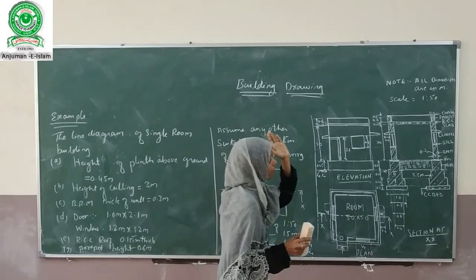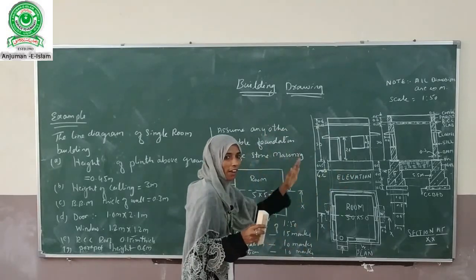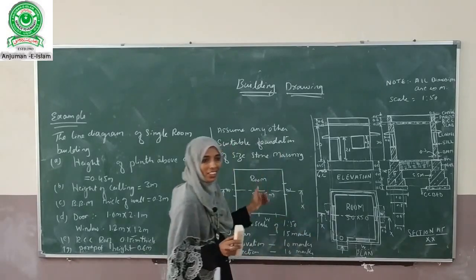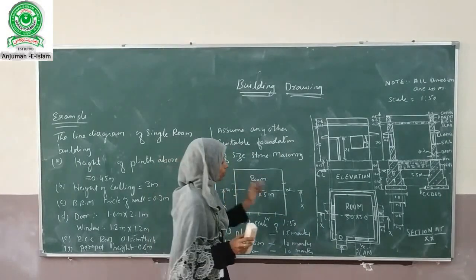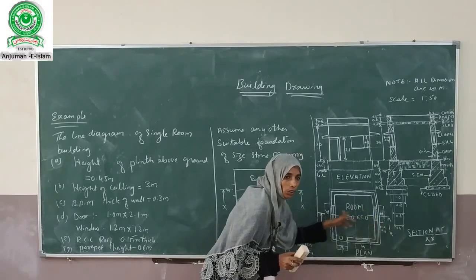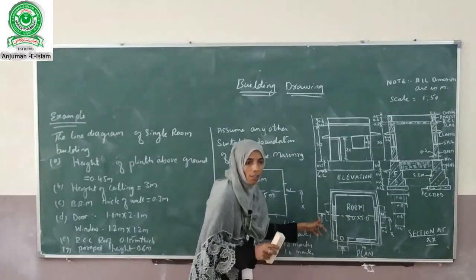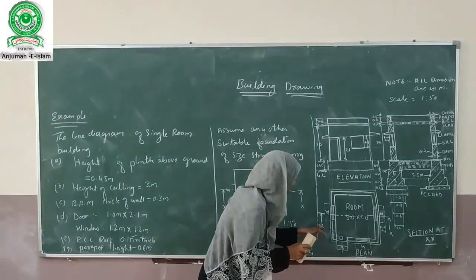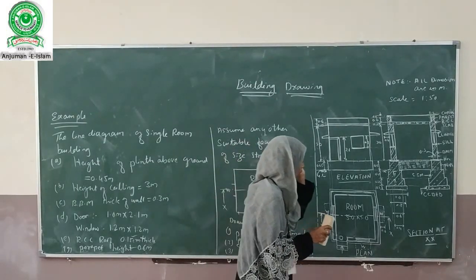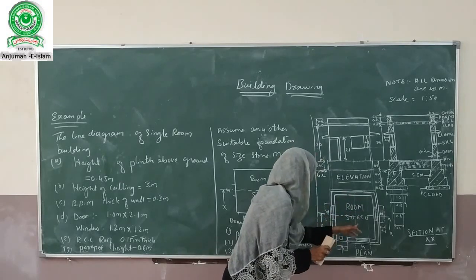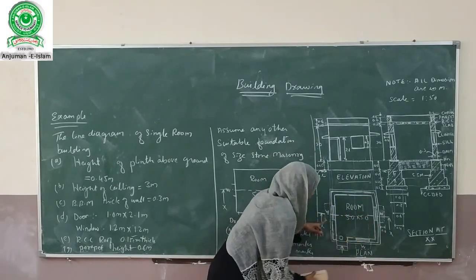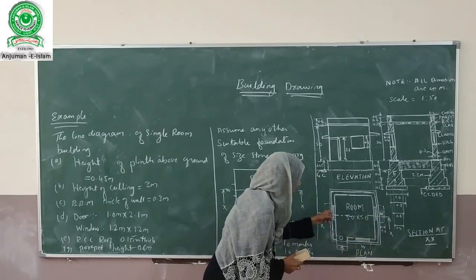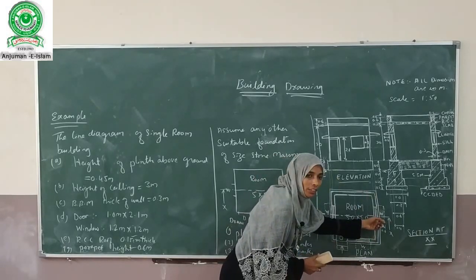How will this cross section be drawn? With what reference do we have to draw? We have to see the section line in the plan or the line diagram. So here this is a section line. It will show the position, which details you have to show, and which wall will be cut. See here, this section line is cutting this wall and this wall. We have to show the details of this wall and the details of this wall.